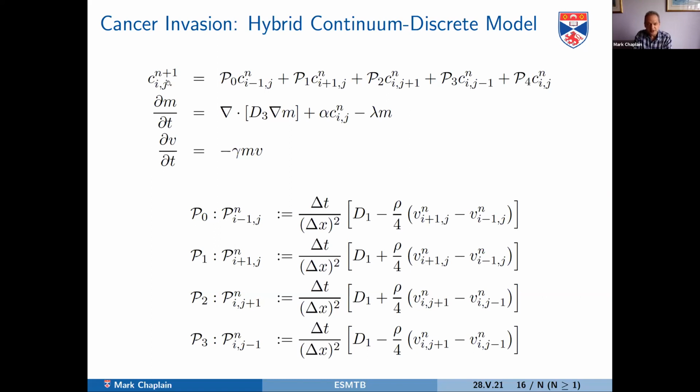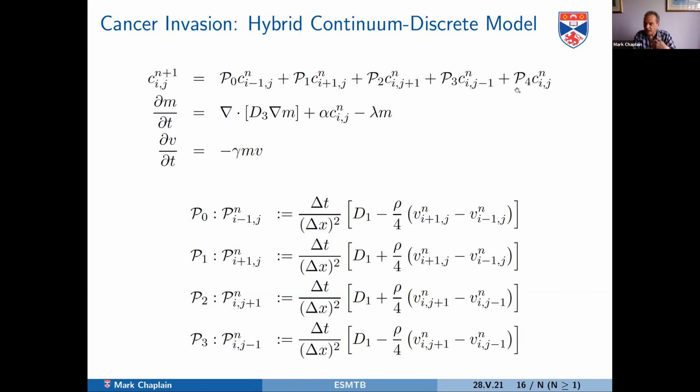So this discretized equation says that the cancer density, if you're solving this numerically as a density, is such that the cancer cell density at grid point ij at the next time point n+1 is related to the cancer densities on the 4 neighboring grid points, I-1, I+1, so it's to the left and right, J-1 and J+1, that's up and down, and then at the grid point itself at the previous time step n. And then you have 5 coefficients,